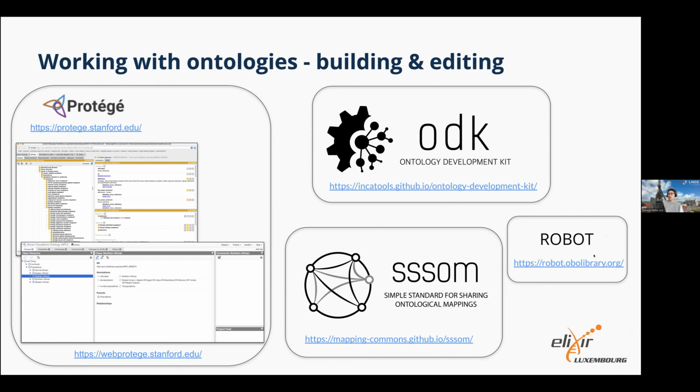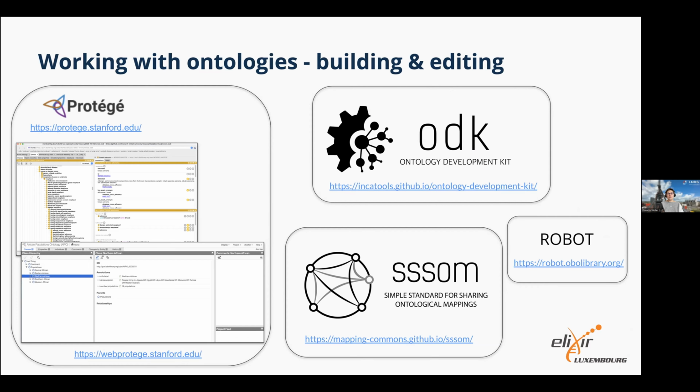And I also wanted to mention ROBOT. It gets forgotten a little bit often these days because it underlies a lot of the ODK. So ROBOT came first, and then the ODK got put over the top. But ROBOT is a library of functionalities for doing stuff with ontologies. And there are a few things that I don't like doing in the ODK because they're a bit too complex, so I tend to do them in ROBOT standalone. So I do periodically remember that it exists. And again, for comparing ontologies or building templates and so on, if you don't want a full ODK setup, ROBOT as a command line tool still works really well.